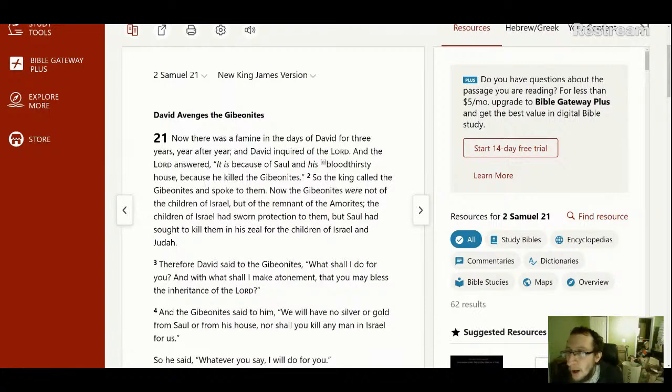So that means this would have been a significant story in these extra books, because if Nathan was from there, then it would have been a traumatic part of his life. So either it was from the book of Samuel the seer, where it had an account of the Gibeonite slaughter, or the book of Nathan.